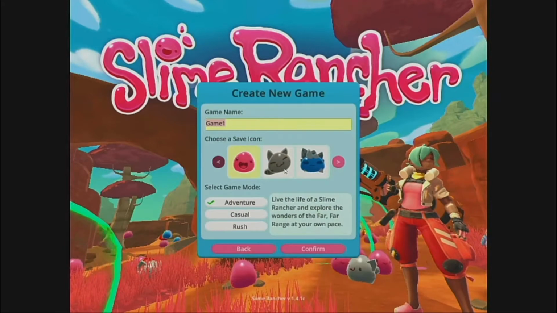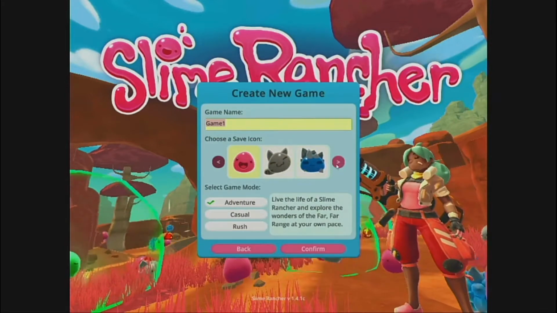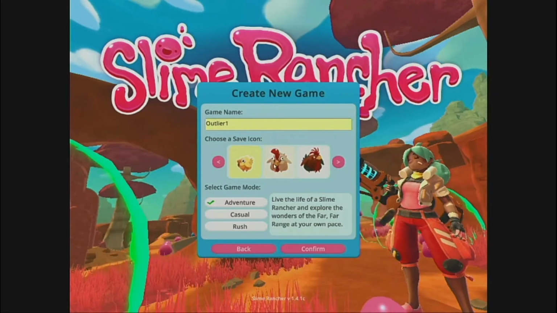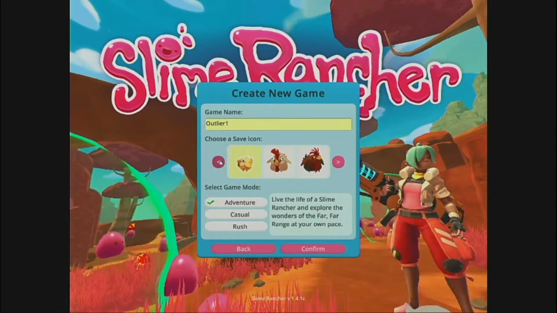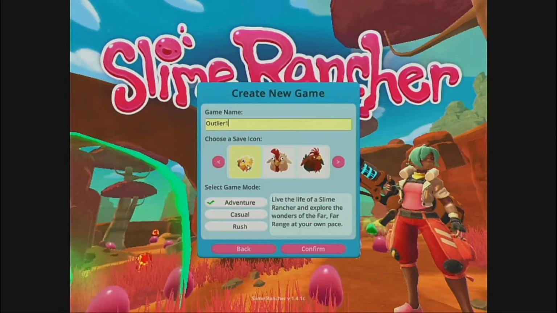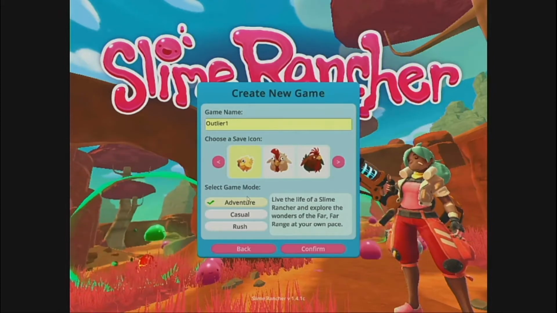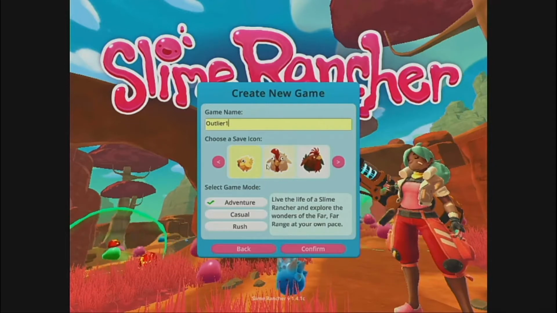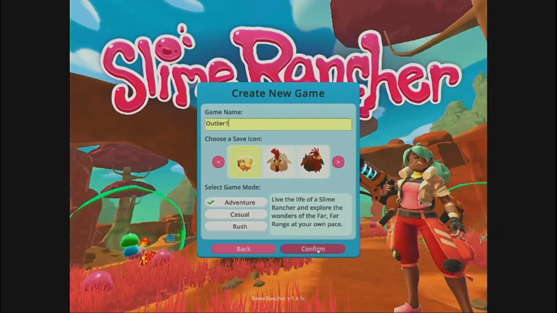So, and you'll see how the game goes. So we basically have new game, save icon, just setting up the save game. Let's go with the chirp. So I have it set to adventure mode. I guess that's what passes for story mode in this game. Chose my save icon. And before I hit confirm, I should point out, or Wolf should point out, that it was made by